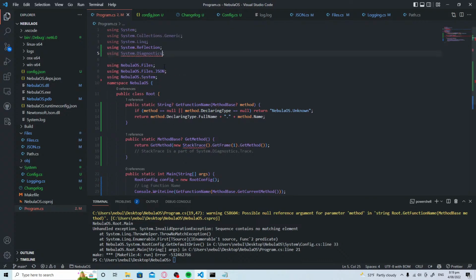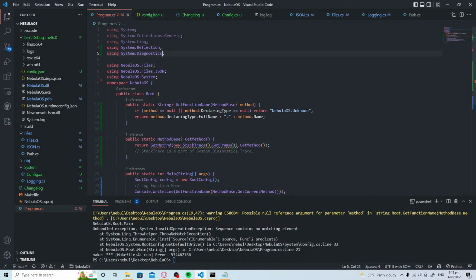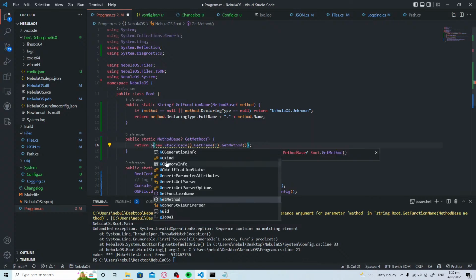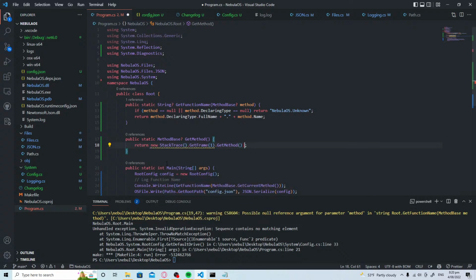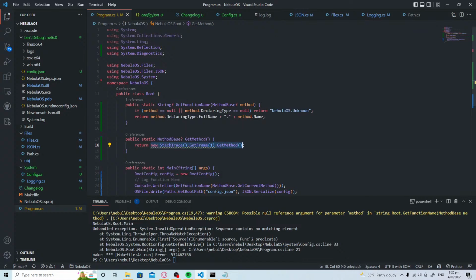Is it just system diagnostics? Get method. Possibly a null reference. So if we do this, I don't know if this is a good idea, but